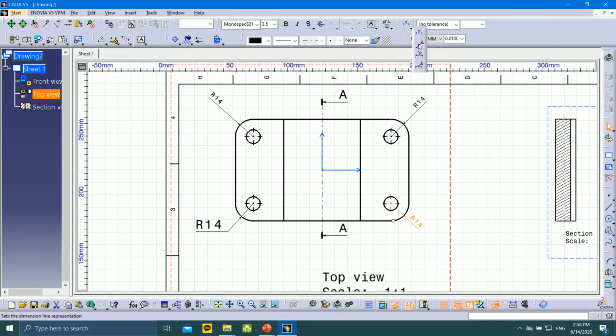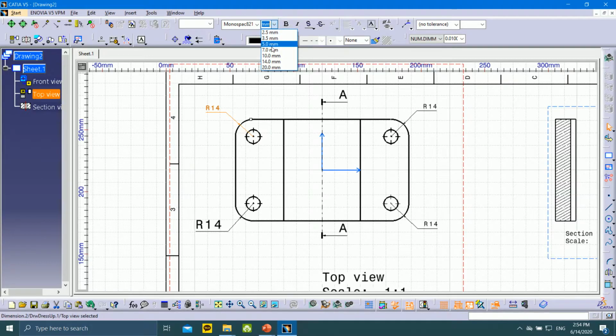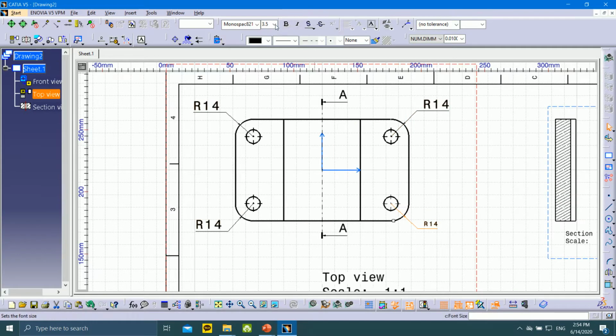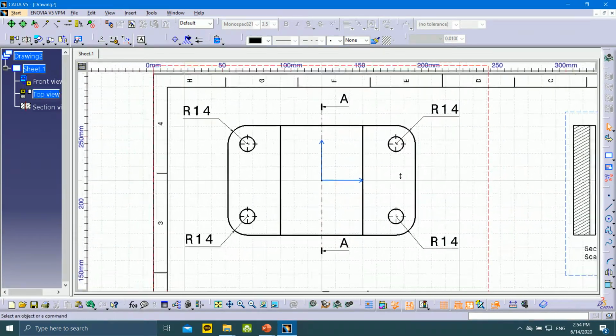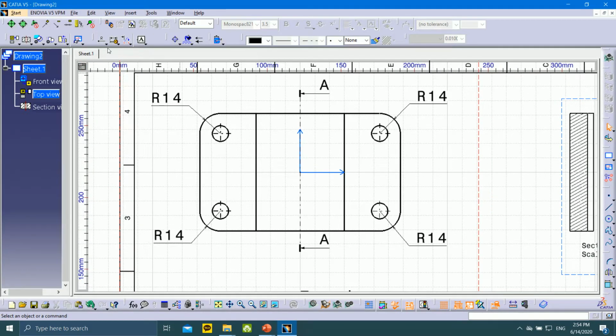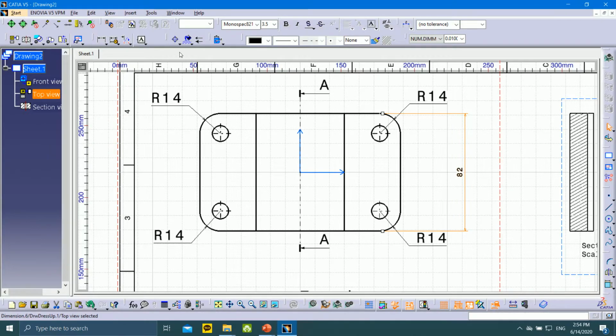You can change the style and font size manually. Select it from here. Okay, I like this style. Maybe people can see my drawing and not be confused when they see my design, something like this. Okay, you can draw the length of this one, something like this. Okay, for this one 82 millimeter,